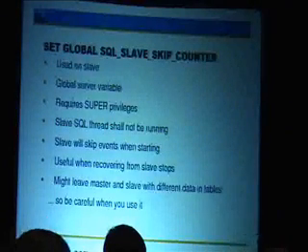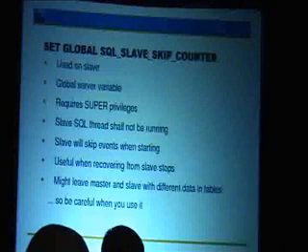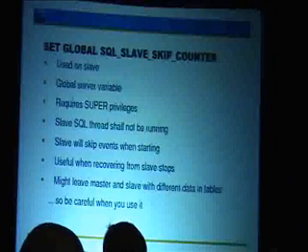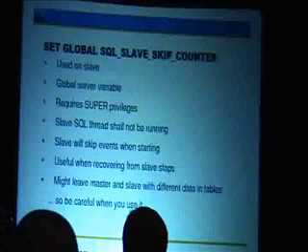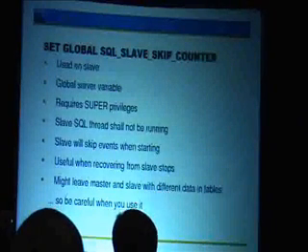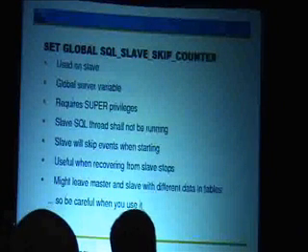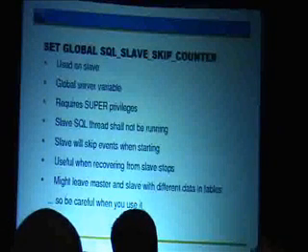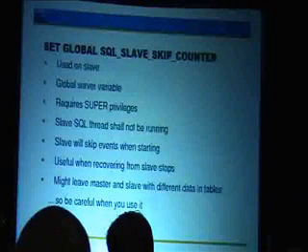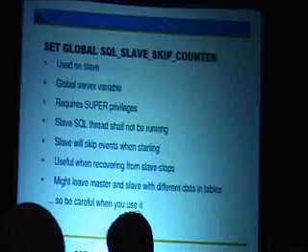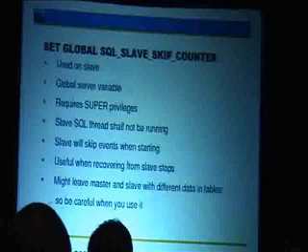And if there are problems with replication, you can say that you don't want to execute some events. So you can use this variable and you just say that you want to skip 3 events from the binary log. You don't want to execute them. And this is now fixed so that it rounds up to the whole transaction. So if you skip 3 events and the transaction is actually 10 events,